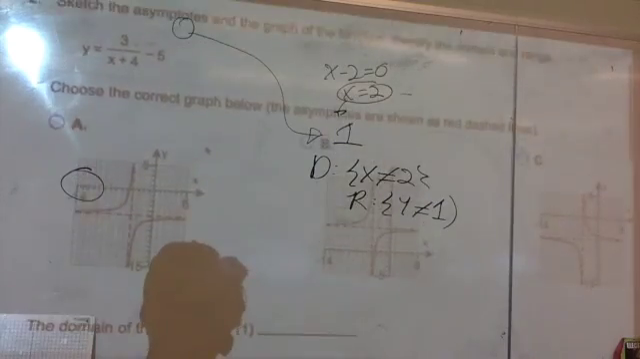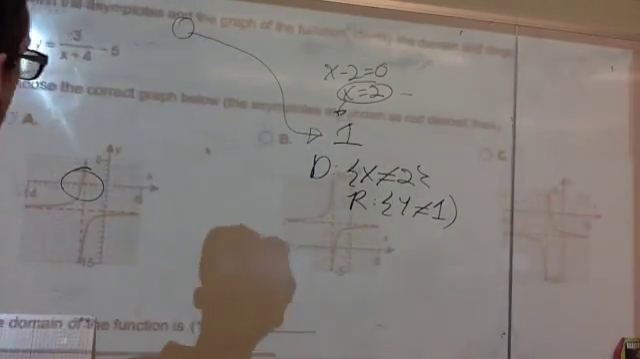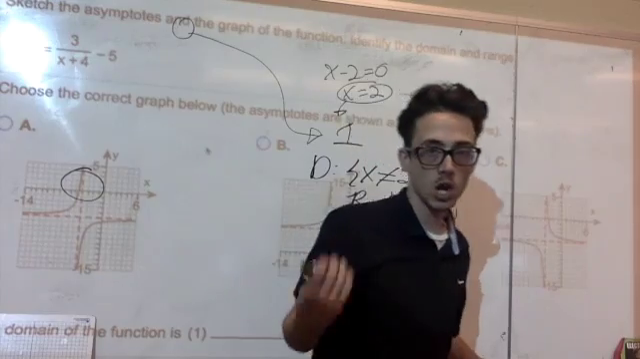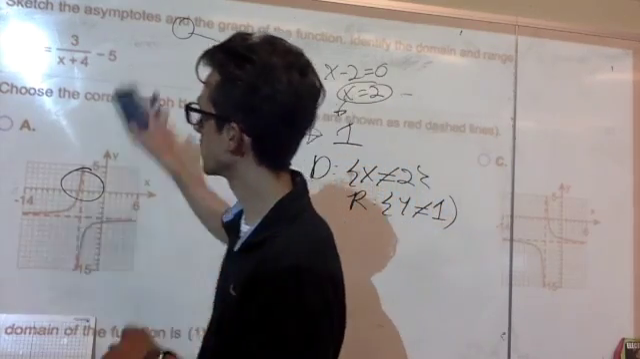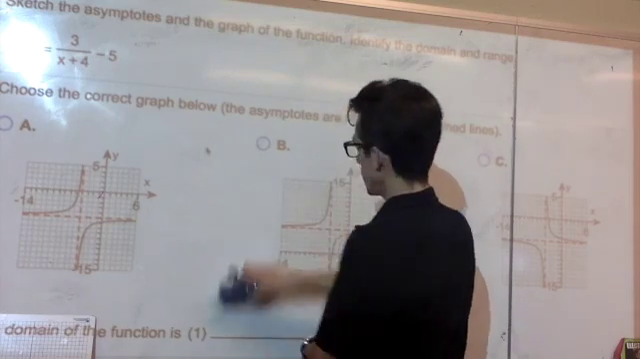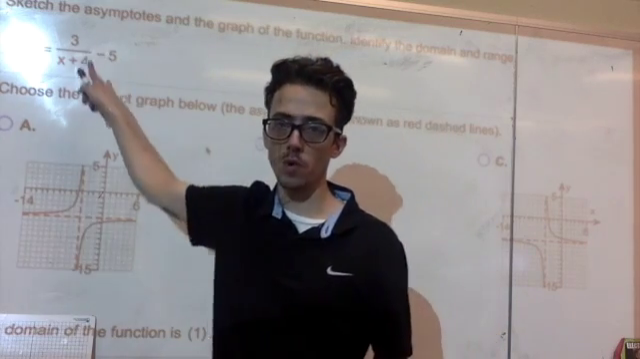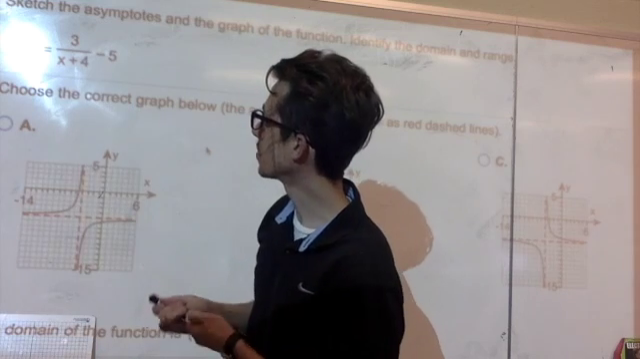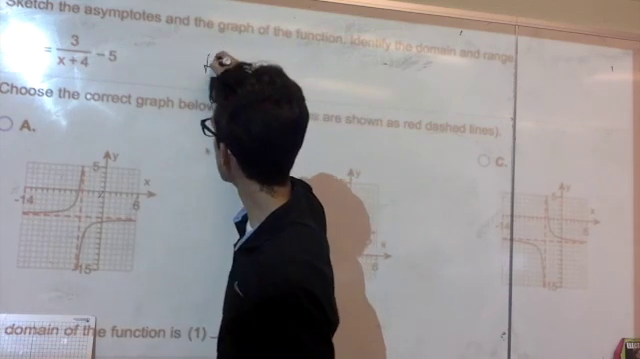Problem 2, they have you doing pretty much the same thing. Based off of what's going on here, I know that I'm going to have some modifications for our asymptotes. The equation I'm working with is 3 over x plus 4 minus 5. So I know that we're going to have a horizontal asymptote